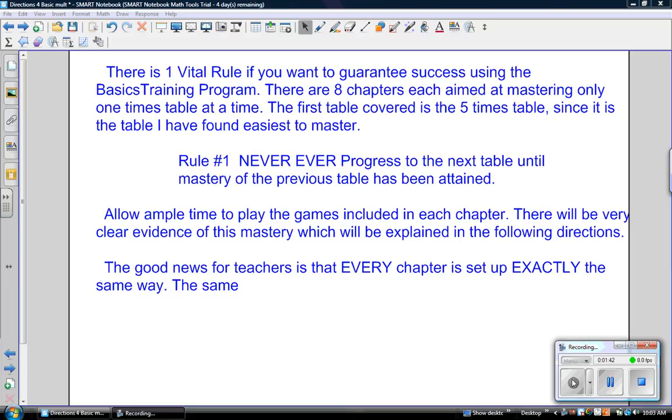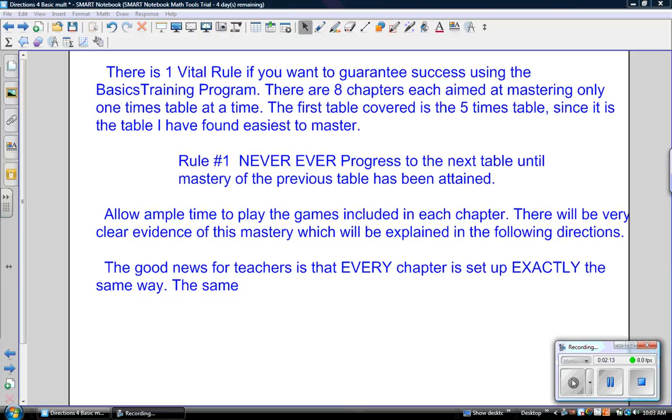The directions that follow have also been made into video format. So if you're a person that prefers to watch video rather than read the directions, you can go to my YouTube account, which is Basics Training. My channel is called Basics Training. Basically, you just go to YouTube and type in Basics Training, and it'll take you right to some of the